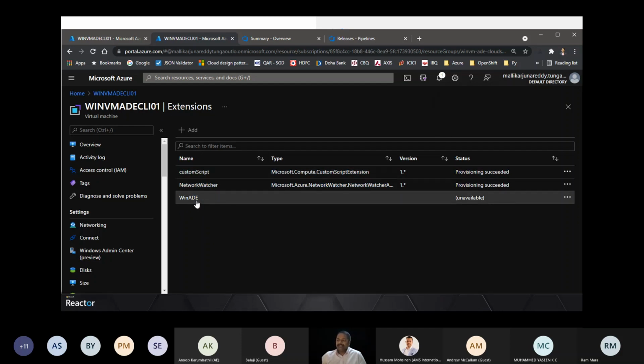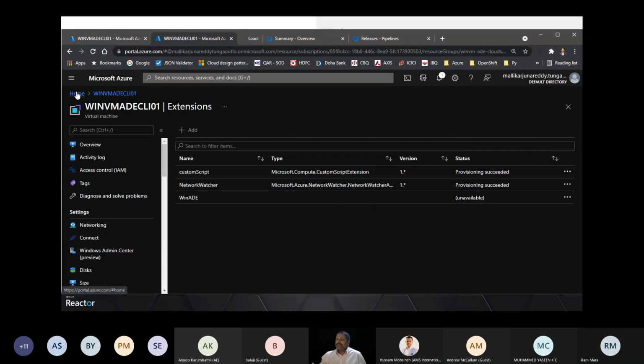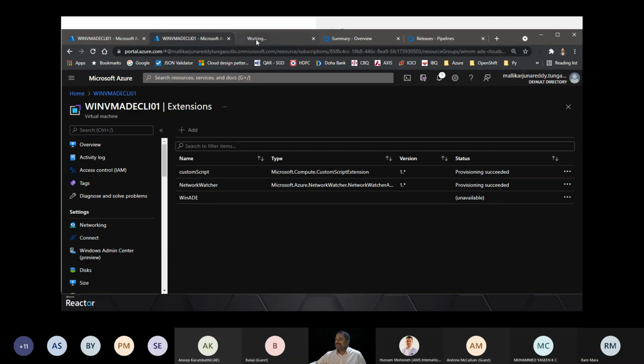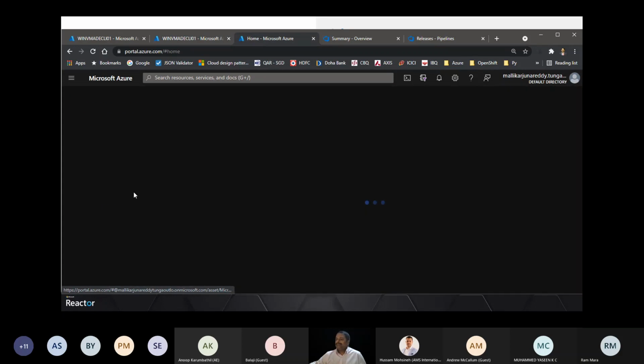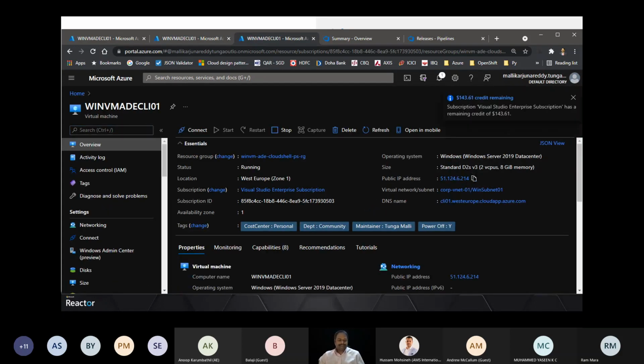The extension name, you can name it. I named it. It is running right now. And also we'll try to go to the disks, or we'll log into the VM too. Let's go to the VM. We'll log into the VM.